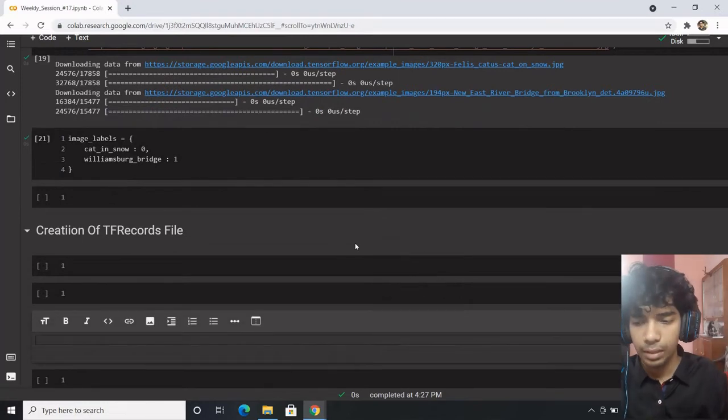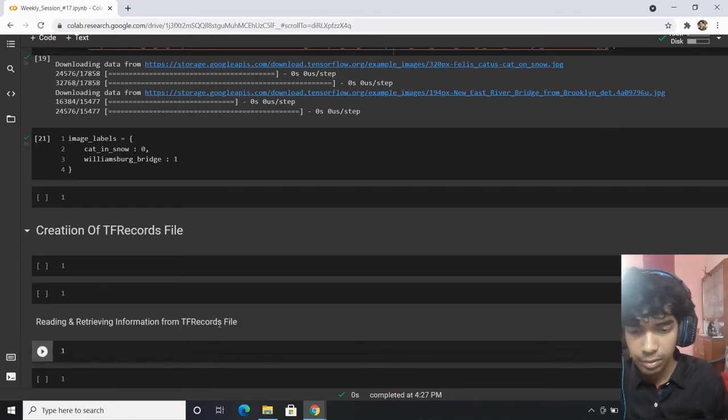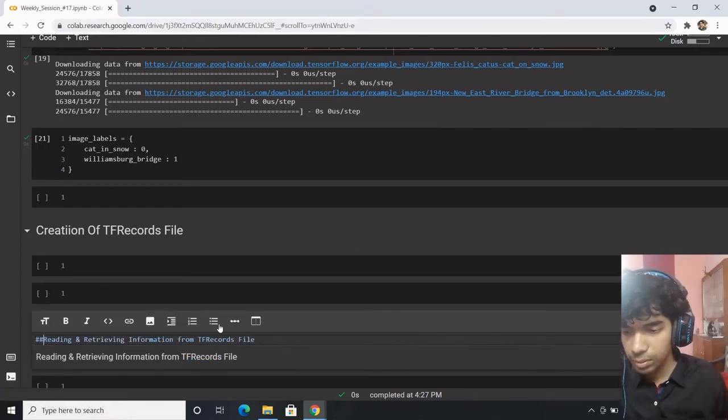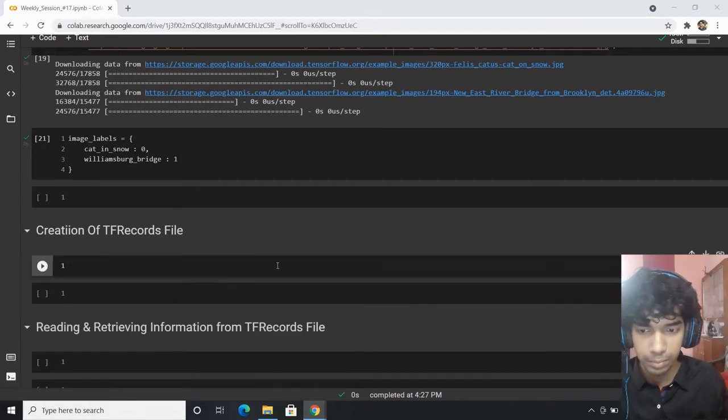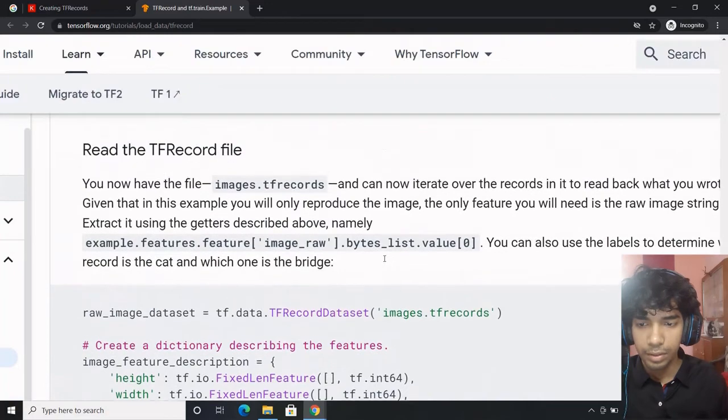Step 2 would be reading and retrieving information from the TF records file. Good enough.